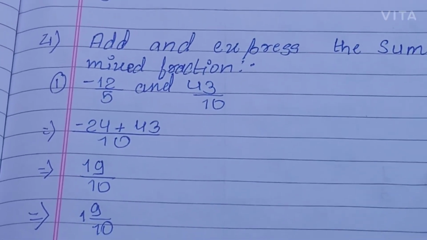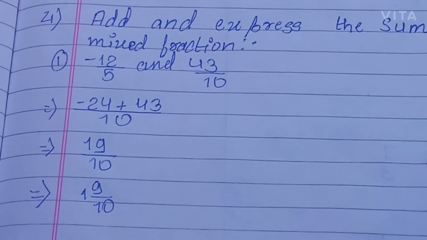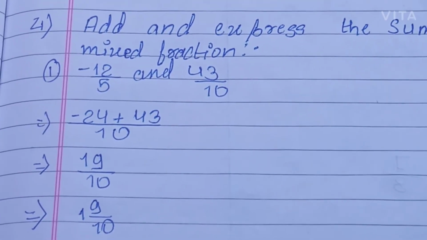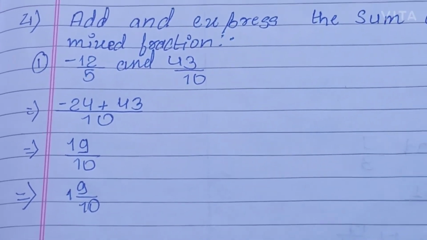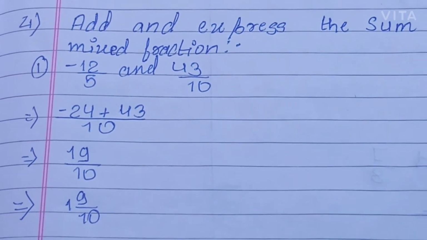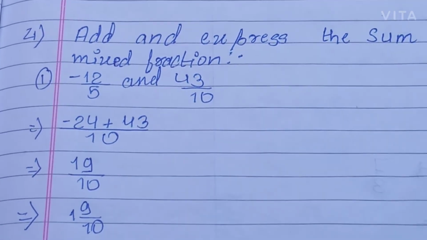As here it has been told to convert into mixed fractions, to convert into a mixed fraction we have to divide here. So 10 into 1 is 10, and after that we got the remainder 9. So 9 is not divisible by 10, so here we write minus 1 whole 9 by 10. So it's the final answer. If you are confused, you can divide it and get the answer.